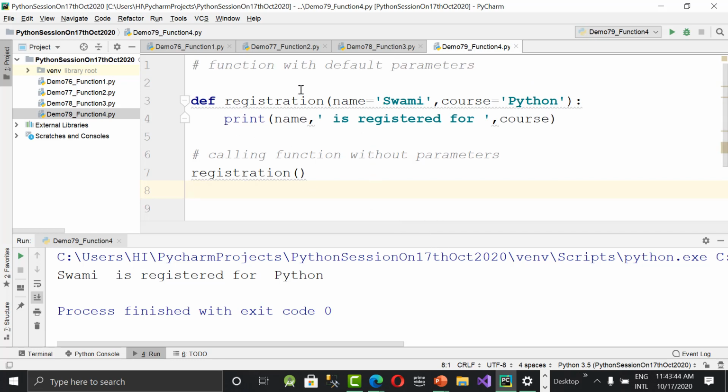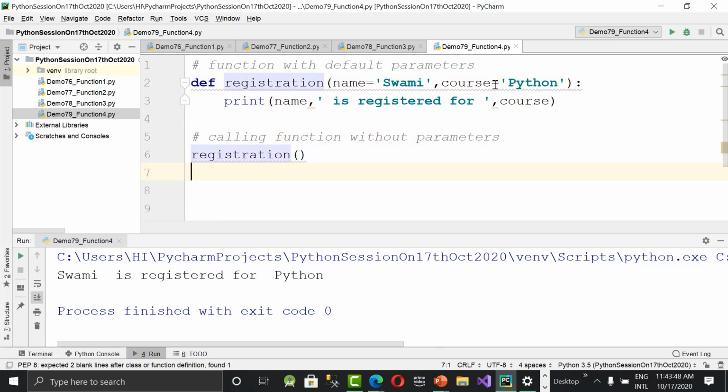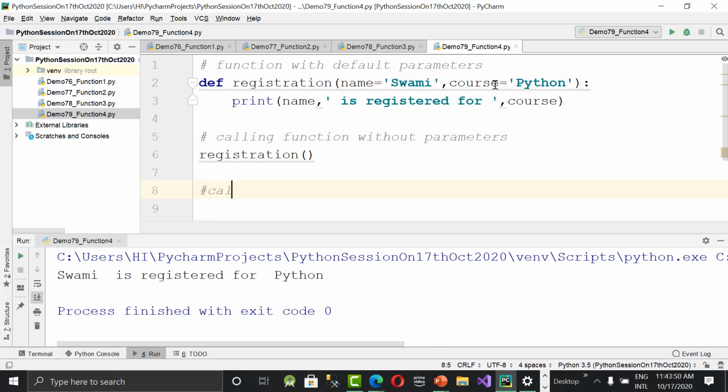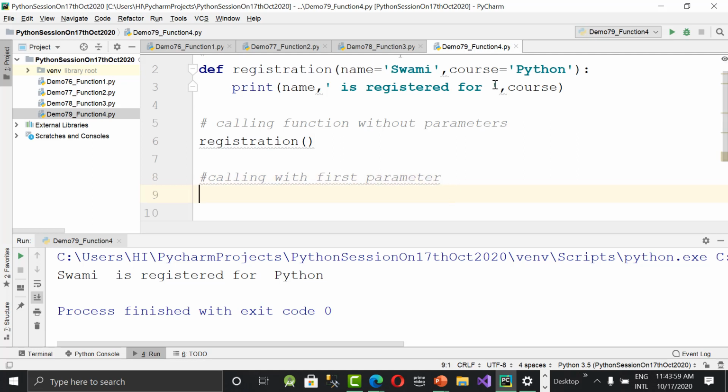Second way, calling with the first parameter. I'm passing the first parameter. So what is the first parameter? Name, I'm changing. So I said registration again, this time I'm giving Steven. I'm not giving a course name, only one parameter, the first parameter.